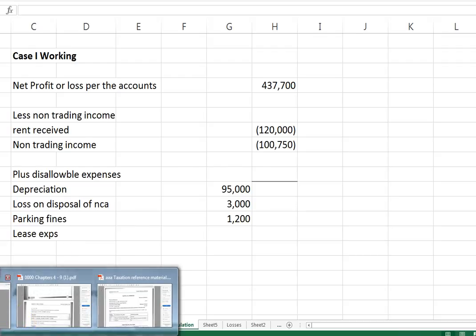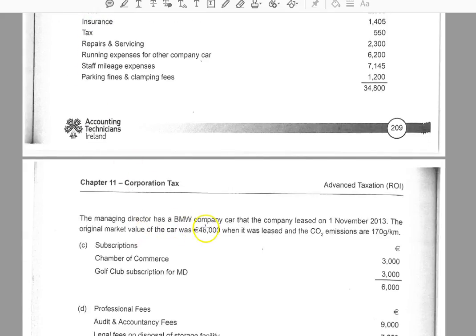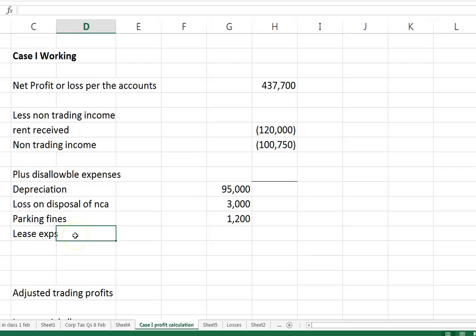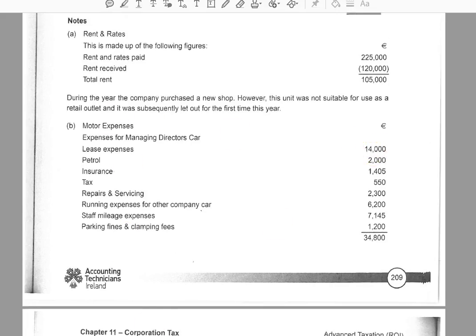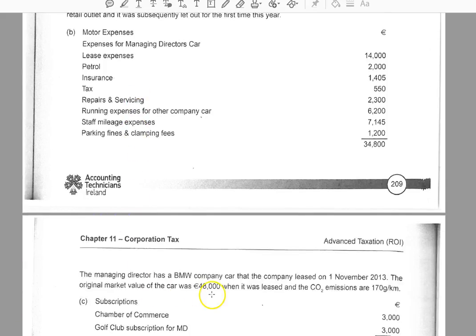expenses, it must tell us somewhere what type of car. So if it was a BMW car, it was 48,000 and its emissions are 170. So we go to our tax reference material. 170 is here. So we've got our 12,000 limit. So it's your lease expenses. Our lease expenses were 14,000, weren't they? 14,000